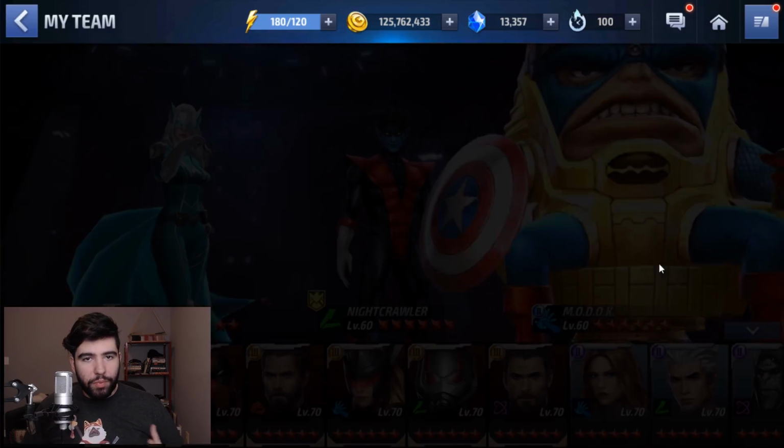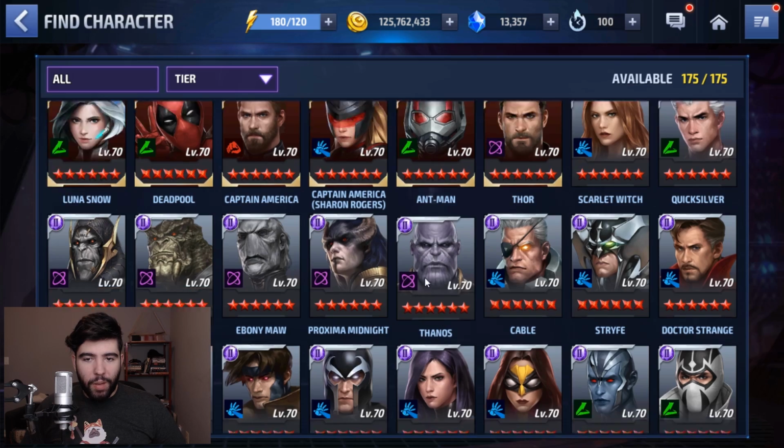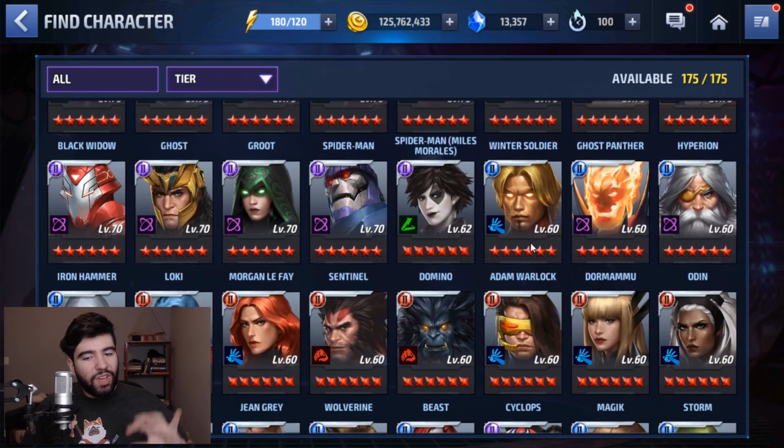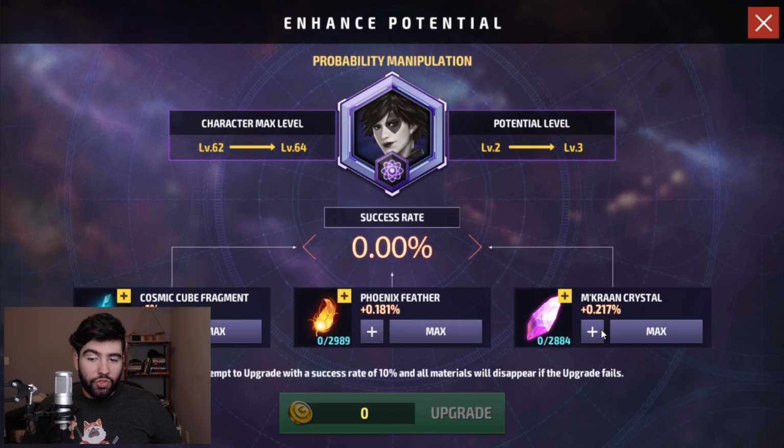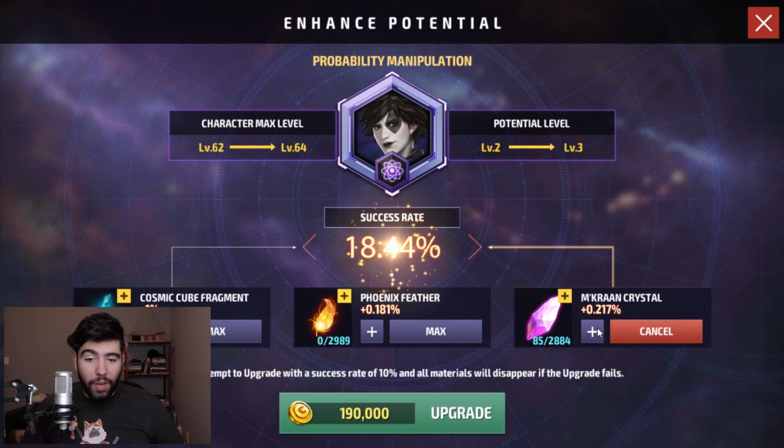But because of the imbalance between Mcron Crystals and Phoenix Feathers, you can try to help that by waiting until your Mcron Crystals are almost at the cap and then using them for enhancing potential. So that is what I've been doing. I've been doing it for Phantomex. I'm going to be doing it for Domino, and I did do it for Domino already to get her to